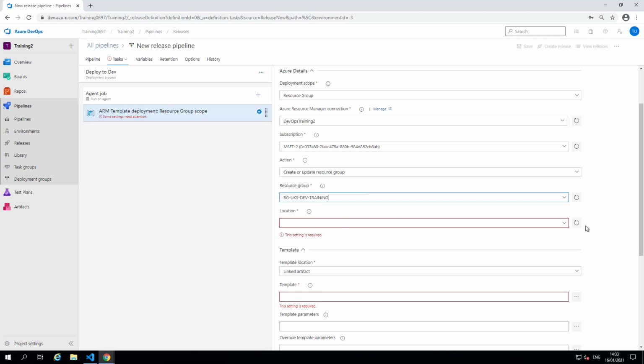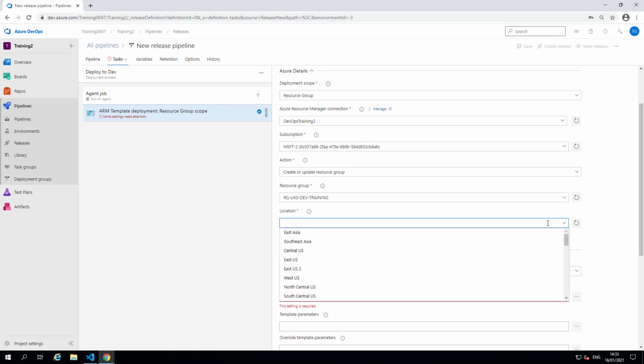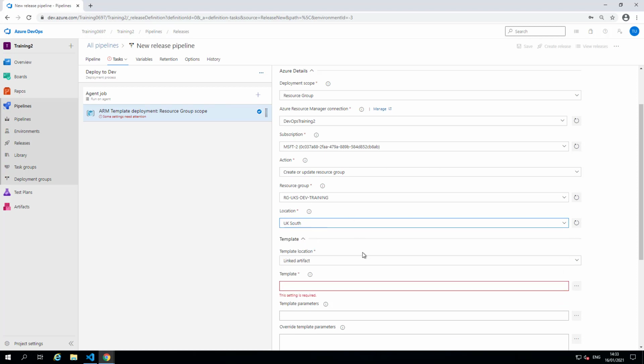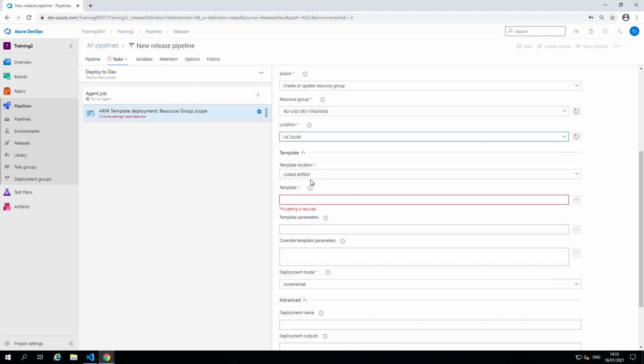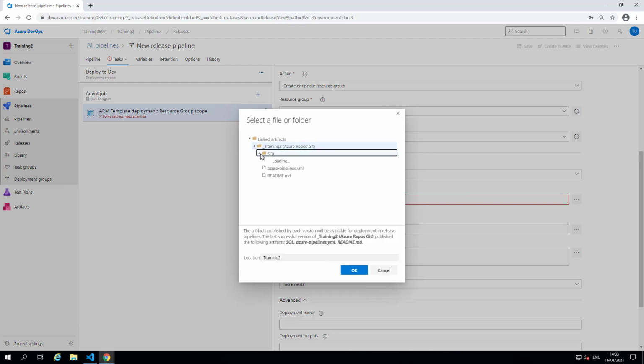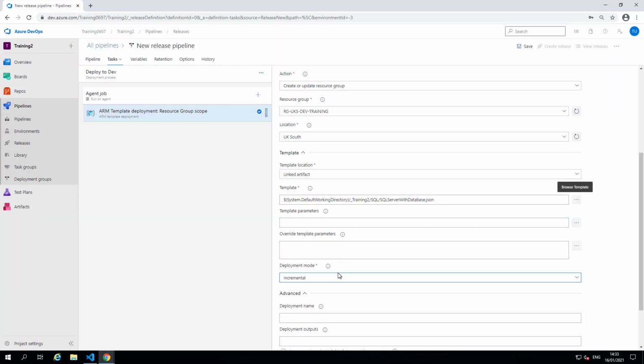So let's do dev there. In this one, we're going to overwrite it with a parameter file anyway, so let's just put something in. Okay, and so it's going to be template deployment. So which template do we want to use? We'll have a look at these as well. So what we're going to do is we'll deploy a SQL Server with a database here.